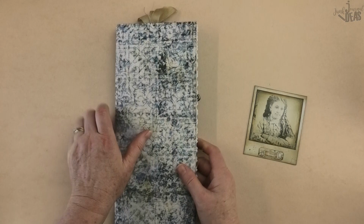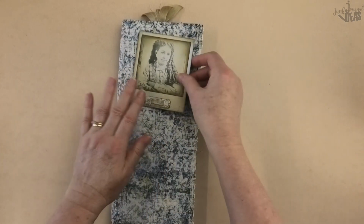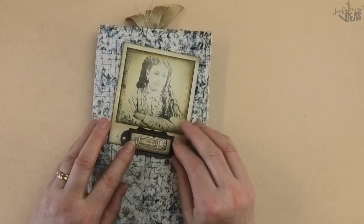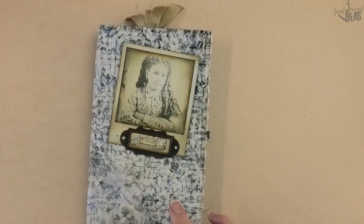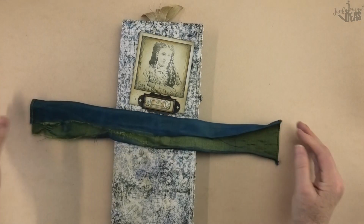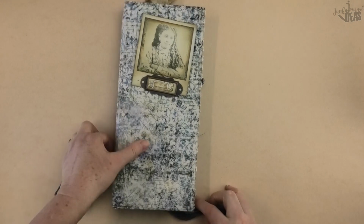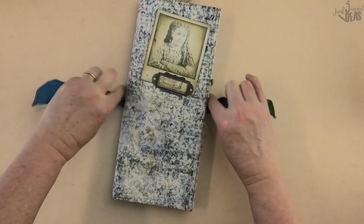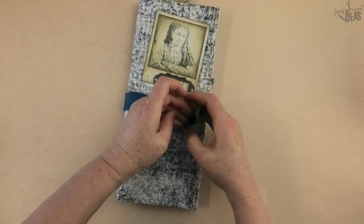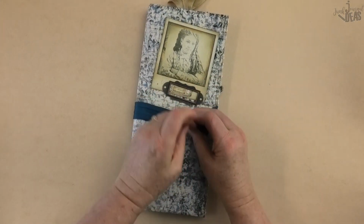I could have gone ahead and decorated it, and I'll just show you what it might look like if you wanted to decorate it. Say if you put that on there and you put that on there, that's spilling over the edge and it still looks nice. I'll grab just a little piece of silk, if you've got the right piece of fabric and you really wanted to tie it up, but this is not an alligator mouth. It's not overstuffed. You could easily dress it up if you wanted to and